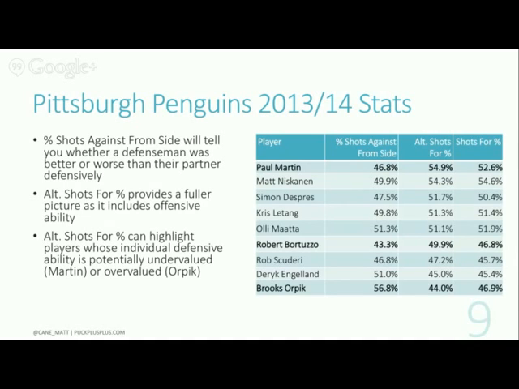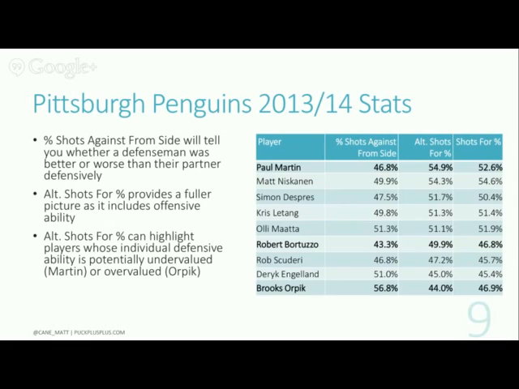So we do see that there is a difference in these metrics. They do tend to shift it around a bit. It's a little more nuanced. We do get the ability to, and it's, again, admittedly crude, evaluate a player's individual defensive contribution a little bit better. And the one thing that I haven't posted up here, but that I'll mention, is that reducing the sample size here, only looking at the shots coming from one side of the ice, doesn't actually reduce the repeatability of